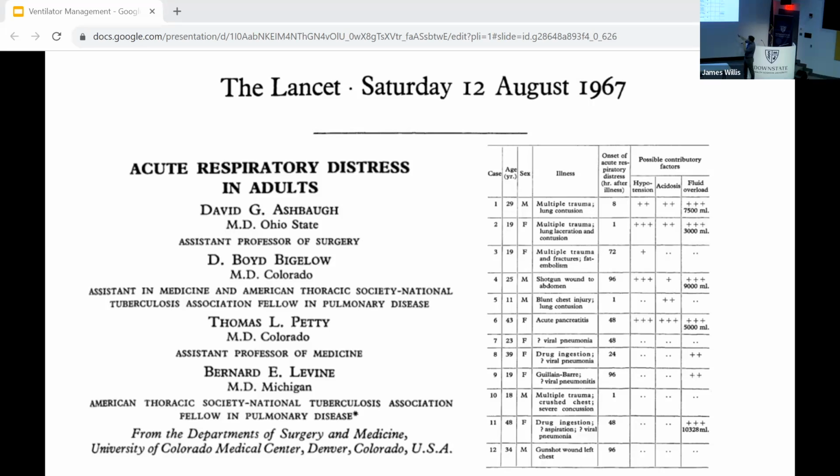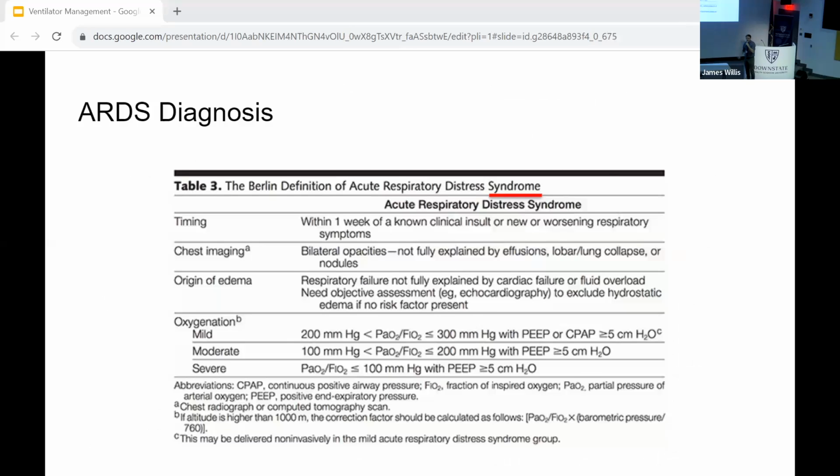This is the actual case series of the first description of ARDS. And if you take a look, even back then, they were talking about fluid overload as a possible association with ARDS. But you look at all these other causes: polytrauma, acute pancreatitis, viral pneumonia, Guillain-Barré, crushed chest. ARDS, described in 1967, defined first in 1994 and then adjusted in 2012, and there's some recent guidelines, but really it's a